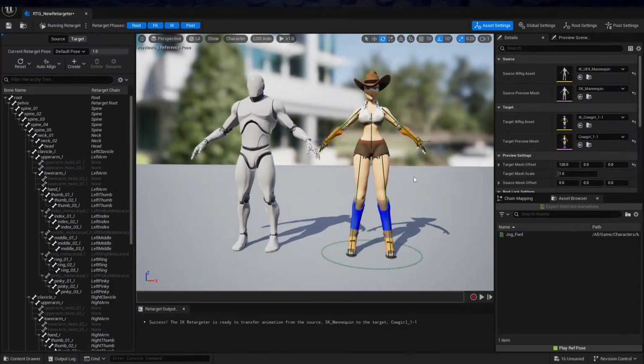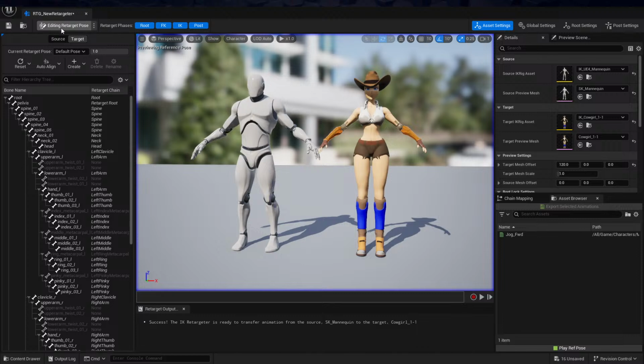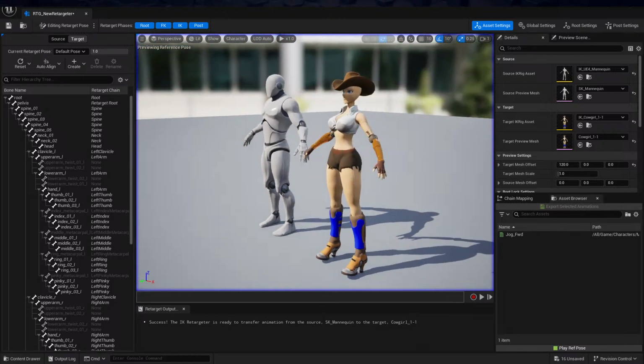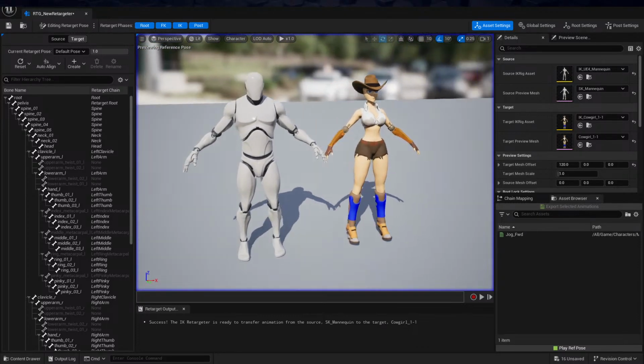It is very important that whenever you're creating a retargeting animation, that is porting animations from one character into another character, those two characters have the same starting position. And you can see it is not entirely the same. What can we do? We can click here on run and retarget, and now we're editing the retarget pose. Right now they both look alike. This is very good. This is what we want. Then you can click on auto align all bones, and this is going to try to match to this